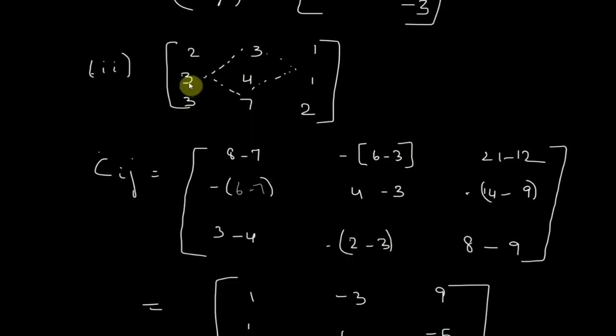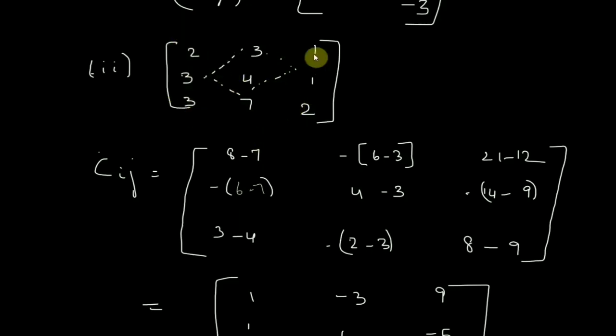Now you go to the next element, 3. The cofactor of 3 is, cut this row and cut this column. It is 2, 3, second row, first column. So you are left with these numbers. Multiply 3 into 2, 6 minus 7. We put a minus sign here because it is in the odd place. So you have to change the sign. So it becomes plus 1. Next element is 4. Its cofactor is, cut this row, cut this column.